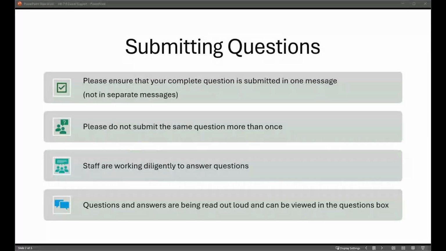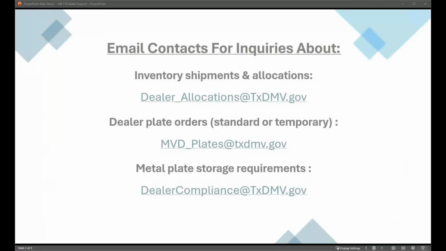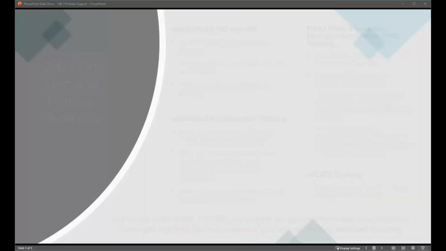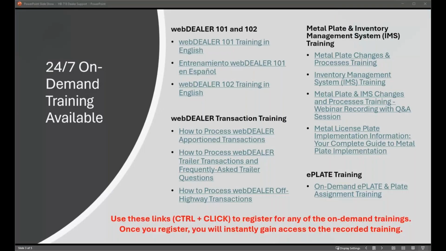How do I import the license plates in so we can assign them to our customers? So if you have received your inventory, they should automatically be received for you in IMS. You should not have to import them or do anything for them on your side. That should automatically be done in the system. So if you're not able to view them or are coming across specific issues with that, let us know.